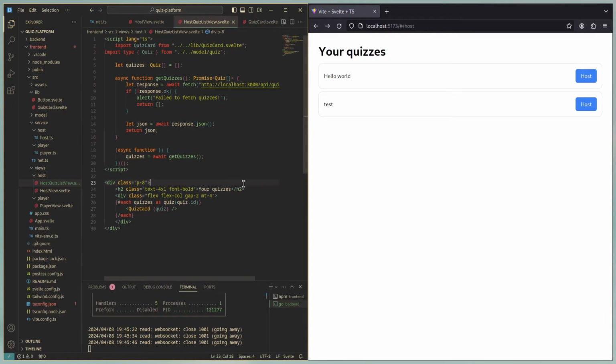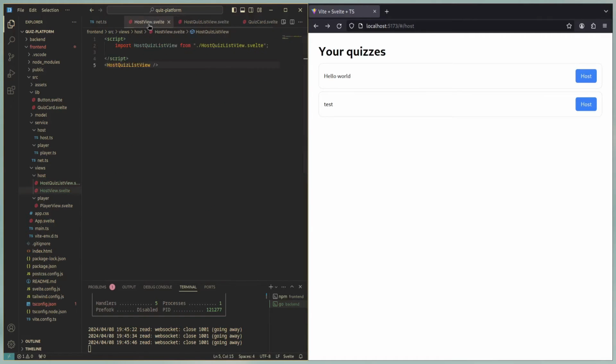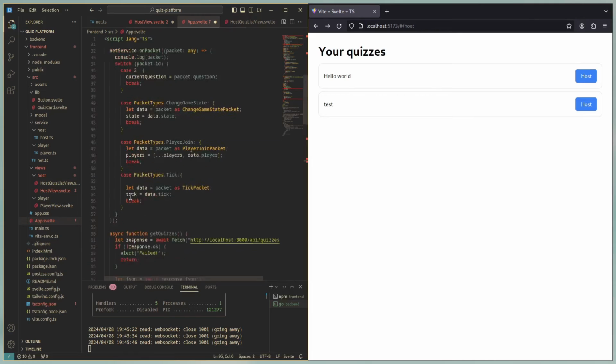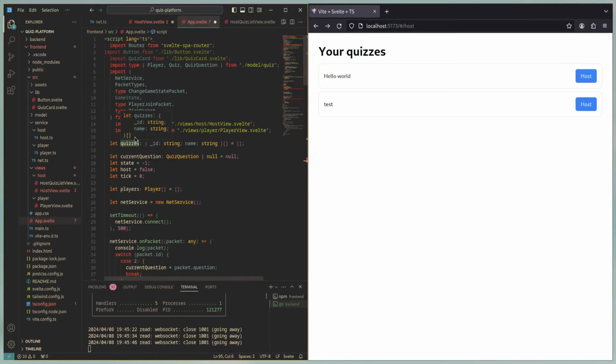So that looks much better for our host list view. And here we will use something known as event forwarding. Since we don't specify an actual handler for this event, it will simply be forwarded to the parent component, and in this case, that will be host view. So in here, I can use this on host. I'll also go ahead and comment out most of this code that we have here, since we're not going to